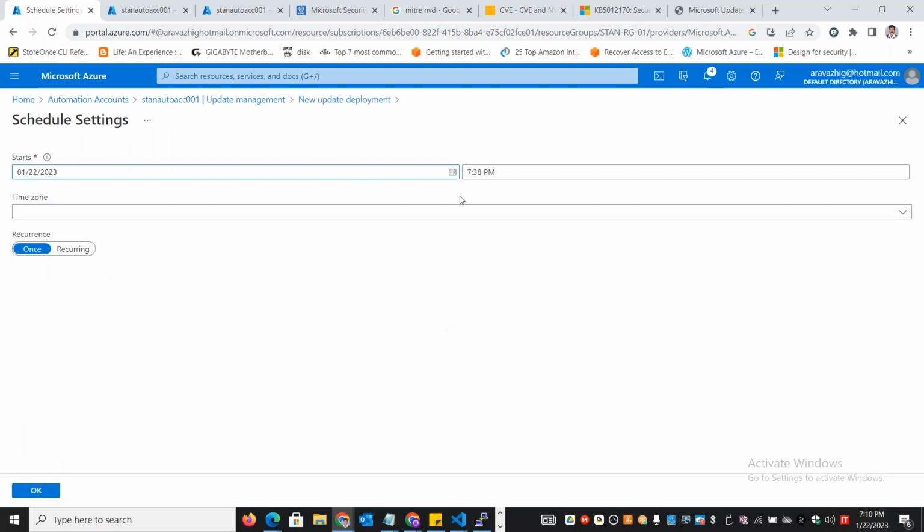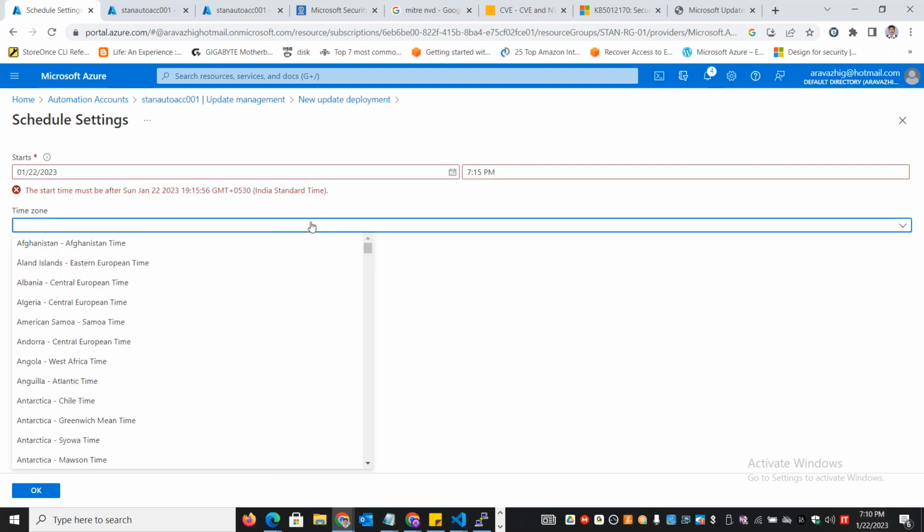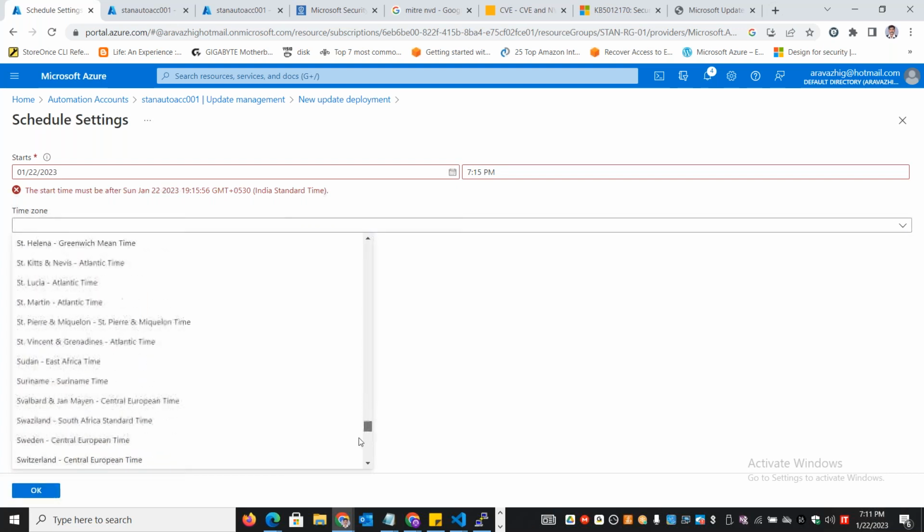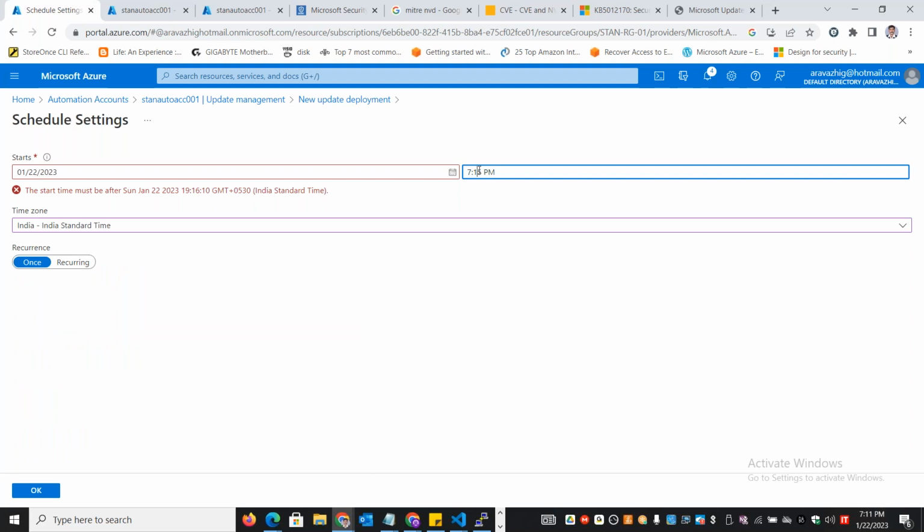And here I can just go and schedule it for, currently the time is 7:10, right? So I will schedule it for 7:20, or I'll schedule it for 7:15, and you have to select the time zone. Okay, I'm just going to select the India time zone here. India standard time. So I'll just say 7:20,